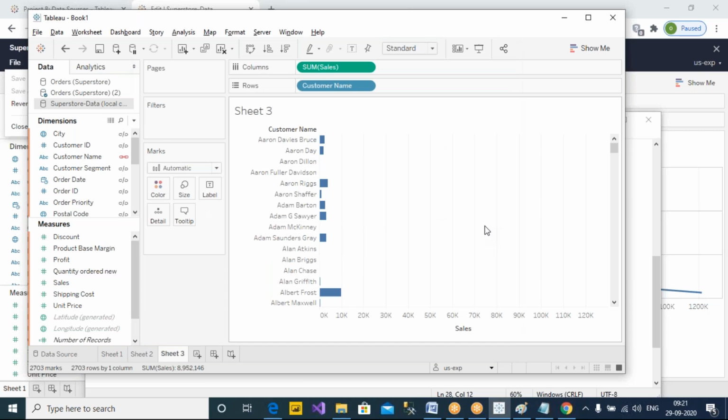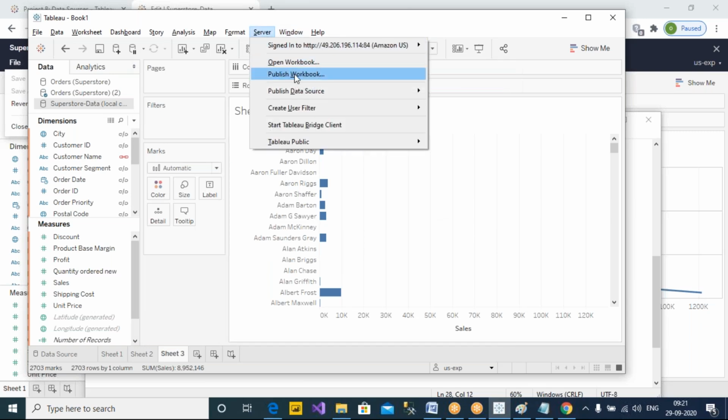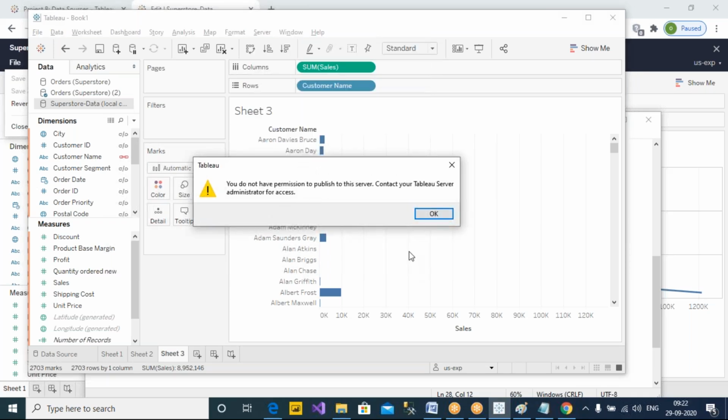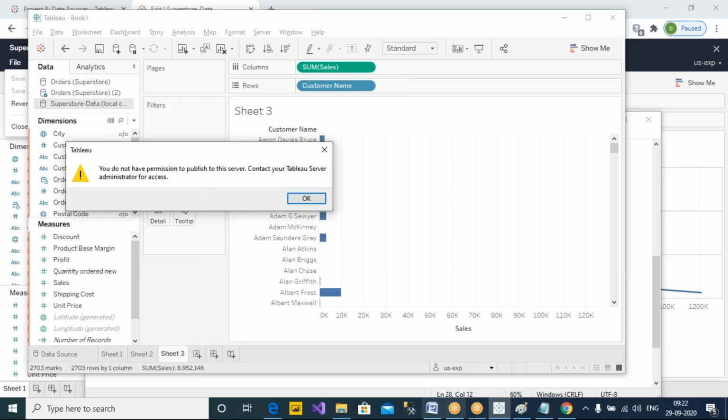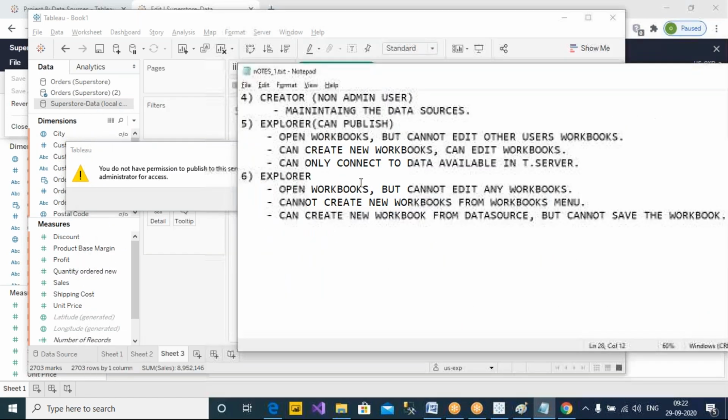Right, so did I log in? Yes, definitely I logged in. And now can I say here server publish the workbook? Read the message here. You do not have permissions to publish to this server. Contact your Tableau server administration. So that means if you just have Explorer, we cannot publish either data sources or workbooks